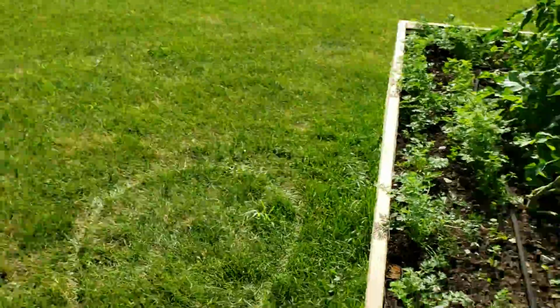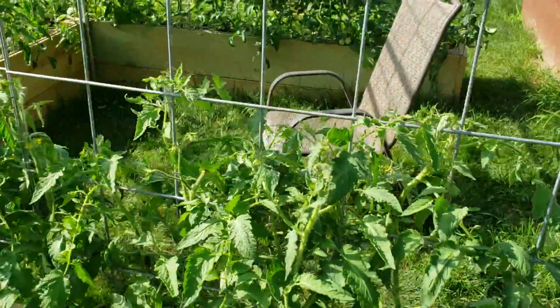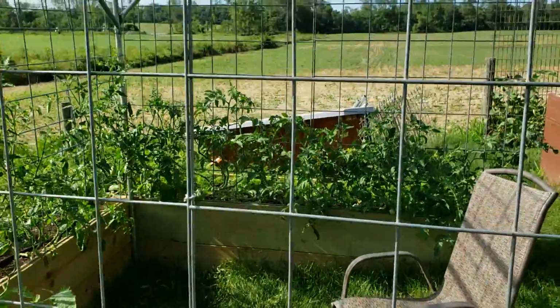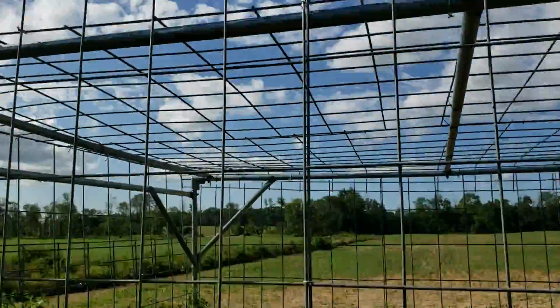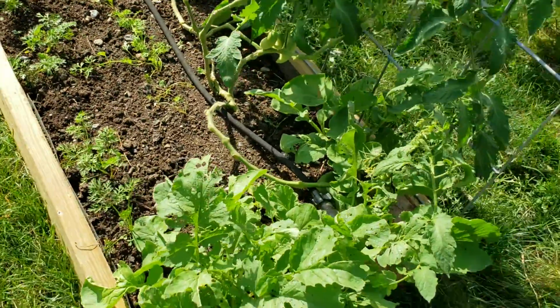Just thought I'd give you a little update. When these come along a little more, I'll show you how they look. See if we can get them up to the top, right? So, another